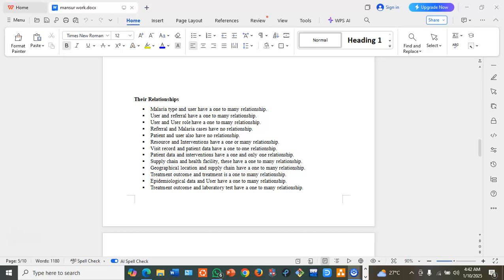One patient can have one intervention or one record. Geographical location and supply chain is one to many. The supply chain and the health facility is one to many, meaning many